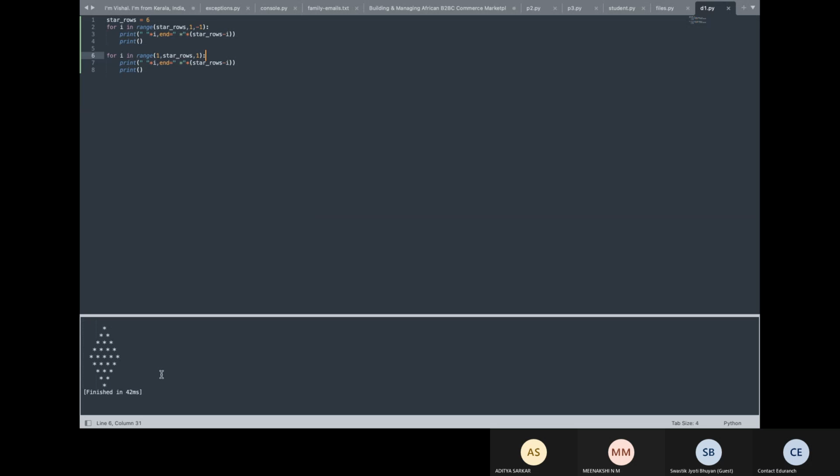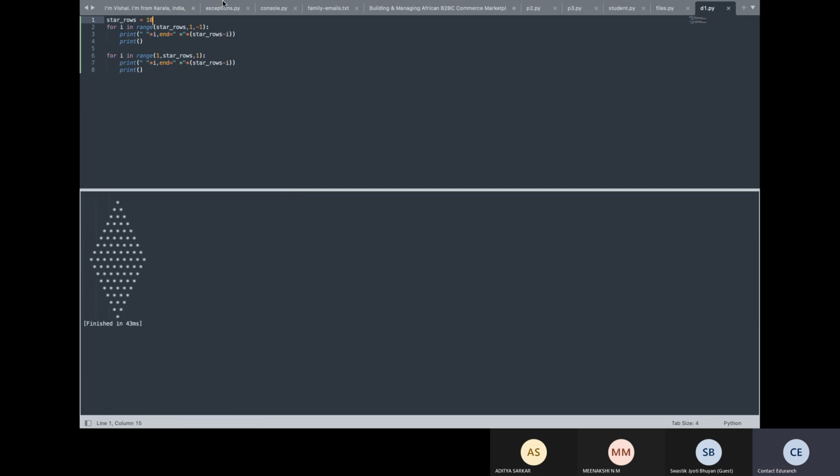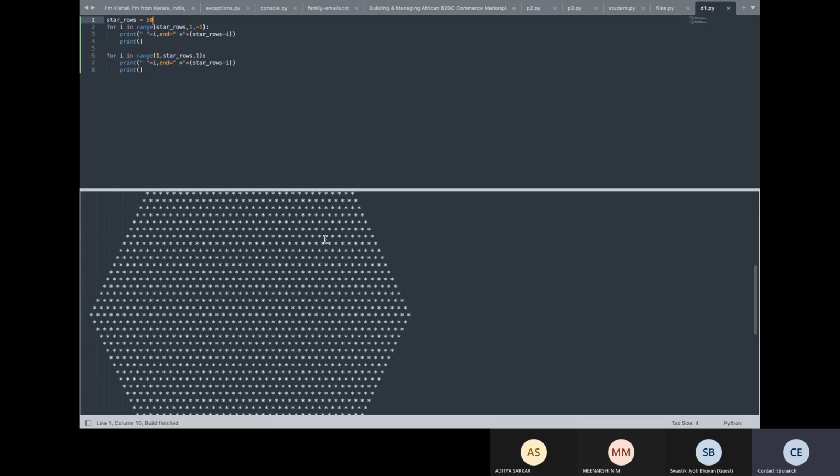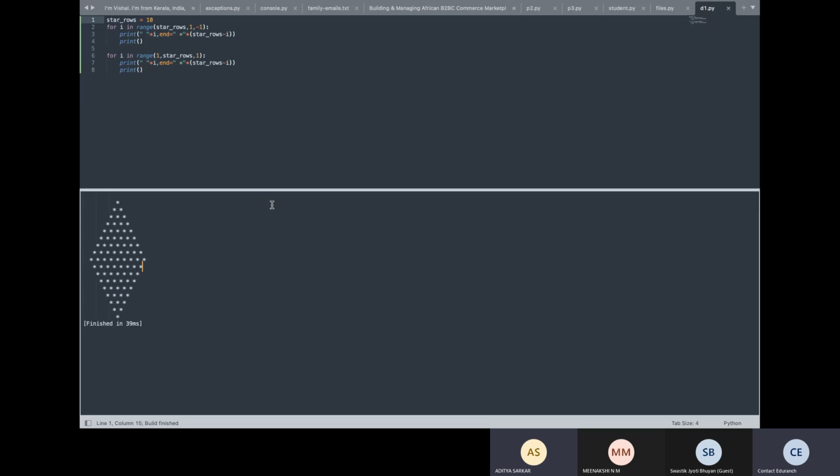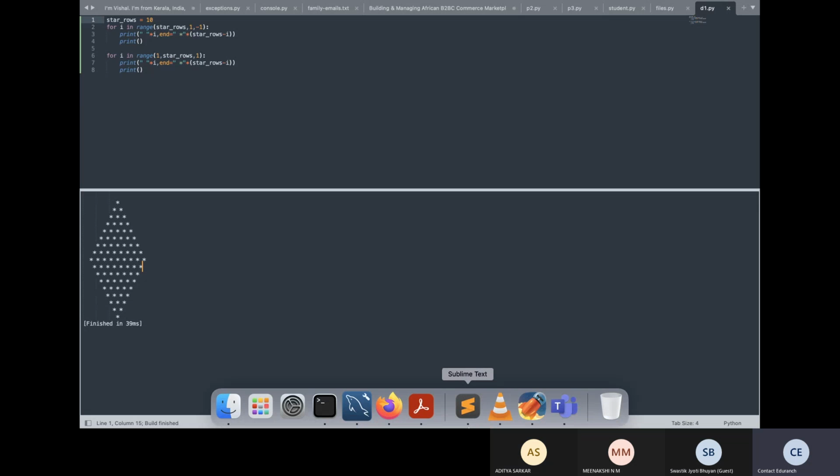Okay, Swastik, Minakshi. So now if you just increase this number, the diamond will increase. See, the size of the diamond will increase. You can make it 50 just to make it really look nice or big, something like this. Is it looking nice? Yes, sir. Now I have shown you.